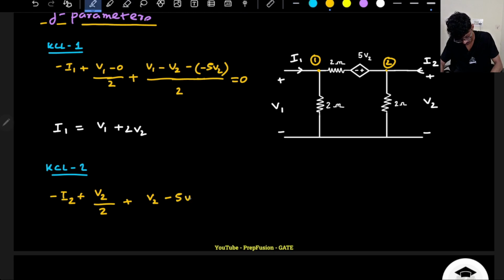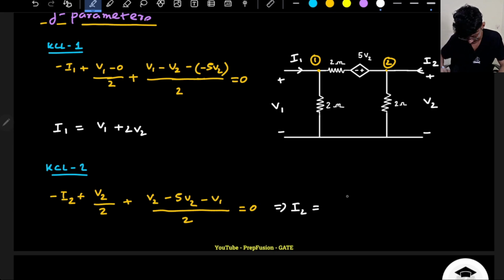There is a potential drop and this node potential is V1, so this will be minus of V1 divided by 2 equal to 0. So here I can directly write I2 will be equal to V2 by 2 minus 2V2,